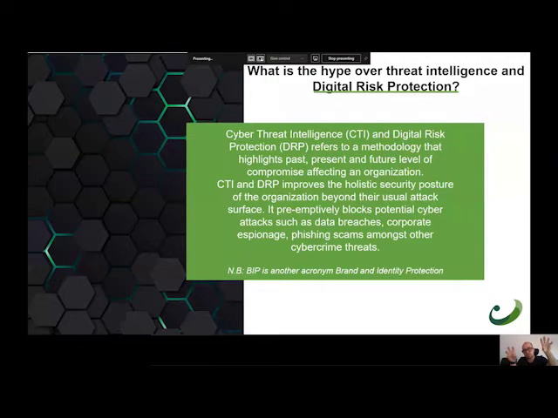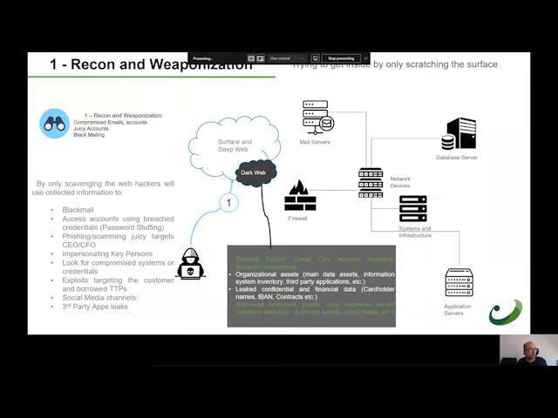And usually digital risk protection was within cyber threat intelligence until it became so big and its spectrum went abroad. So we try to separate it a bit, okay, just to give it value. We can say CTI, cyber threat intelligence, includes digital risk protection. Now we're going to see what digital risk protection is step by step. So if we are monitoring the attackers' activities beyond our system, beyond our kingdom, okay, we can see that they